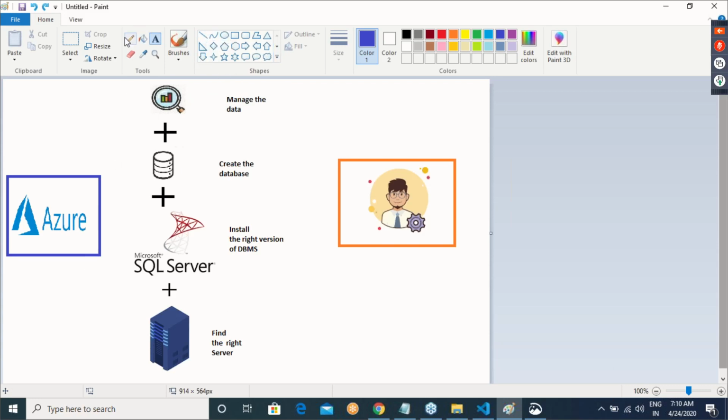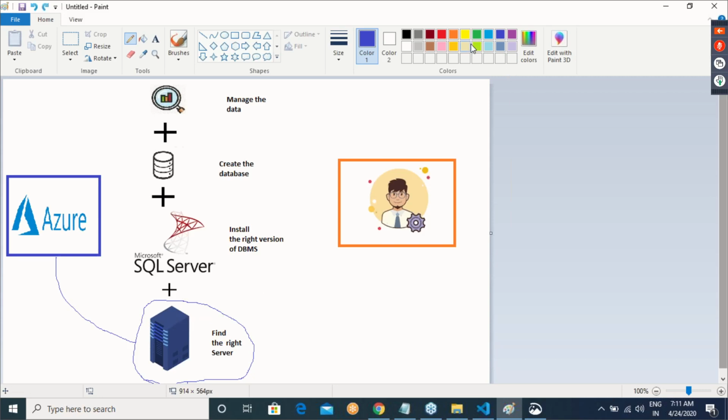Azure only manages this to some extent, but you as an admin are supposed to manage some portions of this.